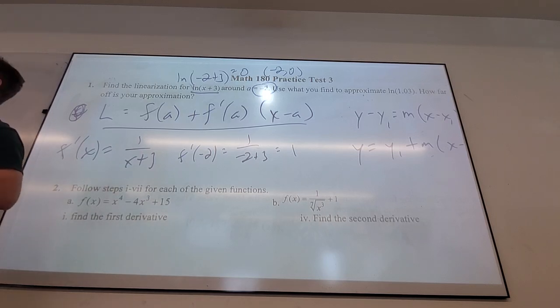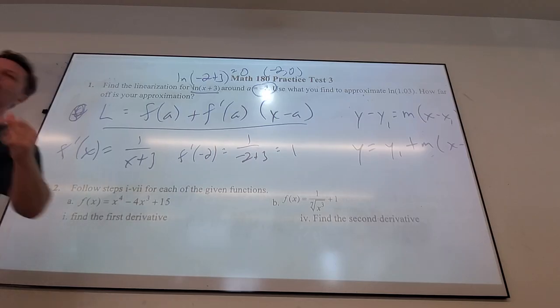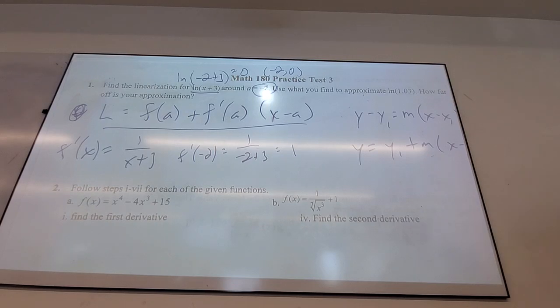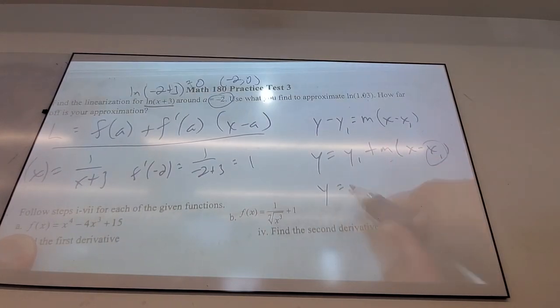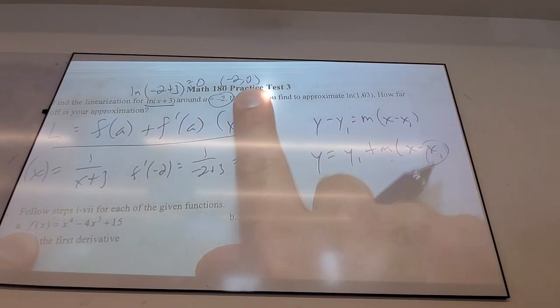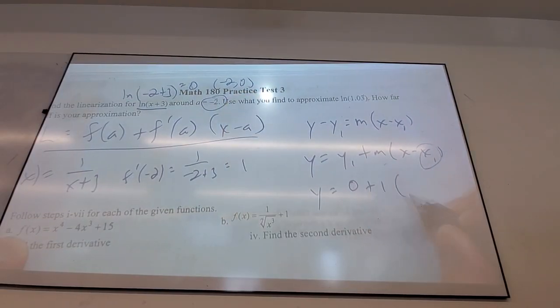Okay, maybe. There's a lot in this idea of linearization. If I have a function that is differentiable at a point, I can zoom in enough where it becomes linear. That is the idea. If I have a function that's not differentiable at a point, I can zoom in forever and it never becomes linear. Okay, maybe. So what function do you get? y equals x plus 2. Yeah, 0 plus 1 times x minus -2. I get y equals x plus 2.